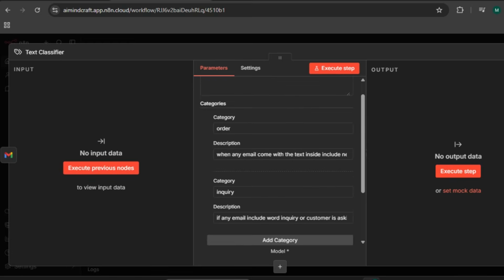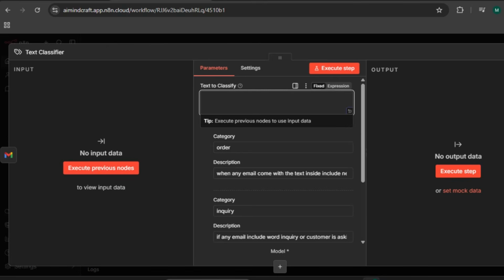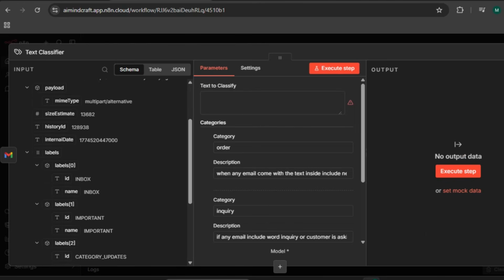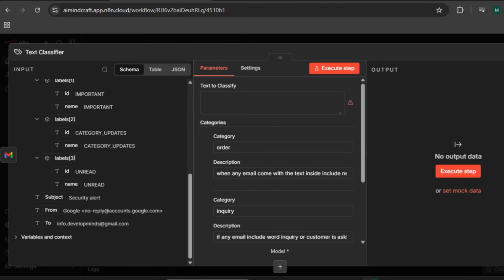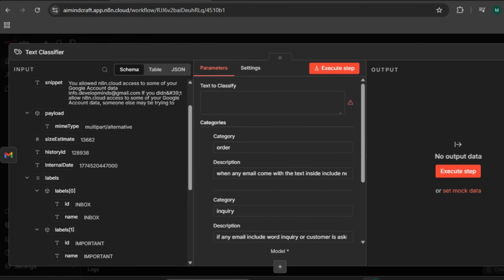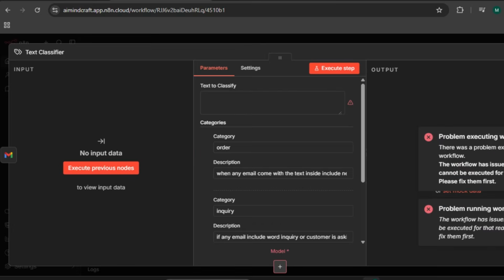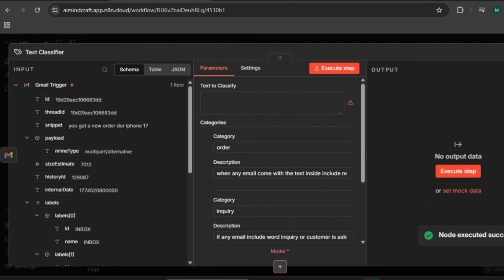Now in the text classifier node, you'll see an option that says Execute Previous Nodes to use input data. Here, we need to provide the content of the incoming email. The email body is stored in a field called Snippet, which acts like a container where all incoming email content is stored. Since there may not be any emails yet, you can send a test email to yourself. For example, you got a new order for iPhone 17. After that, click on Execute Previous Node, and you'll see the